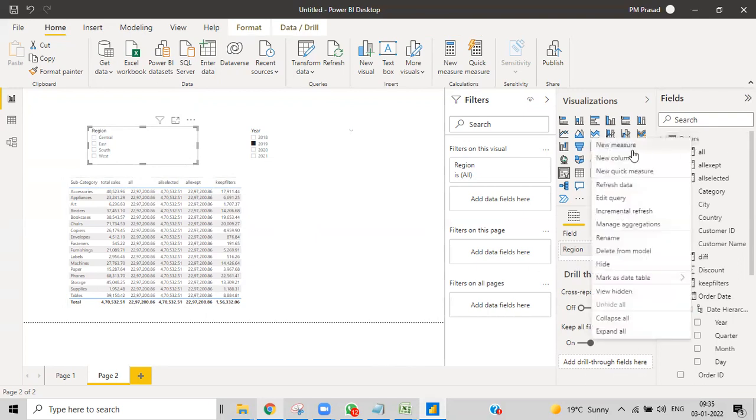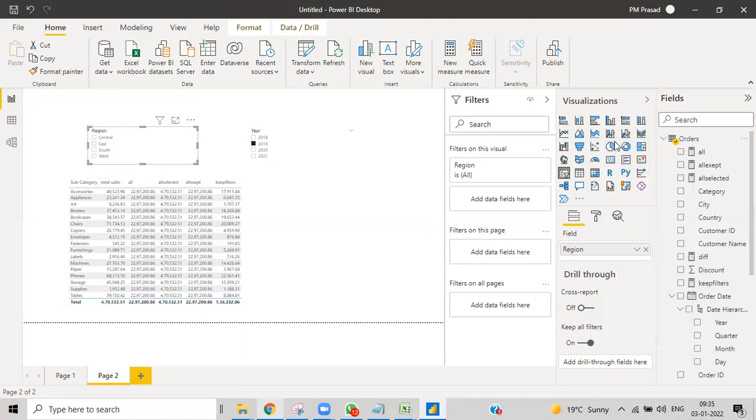I'll explain. Remove filters. What is this?